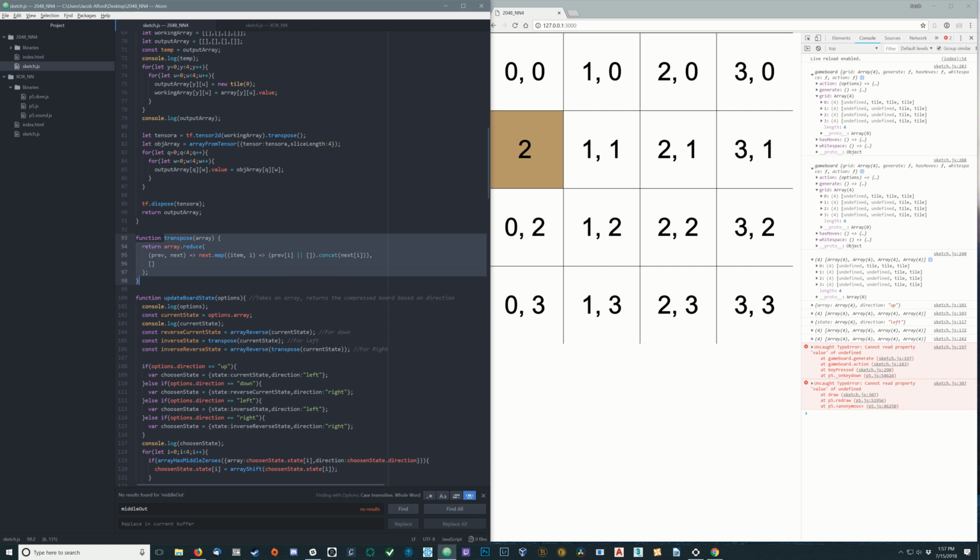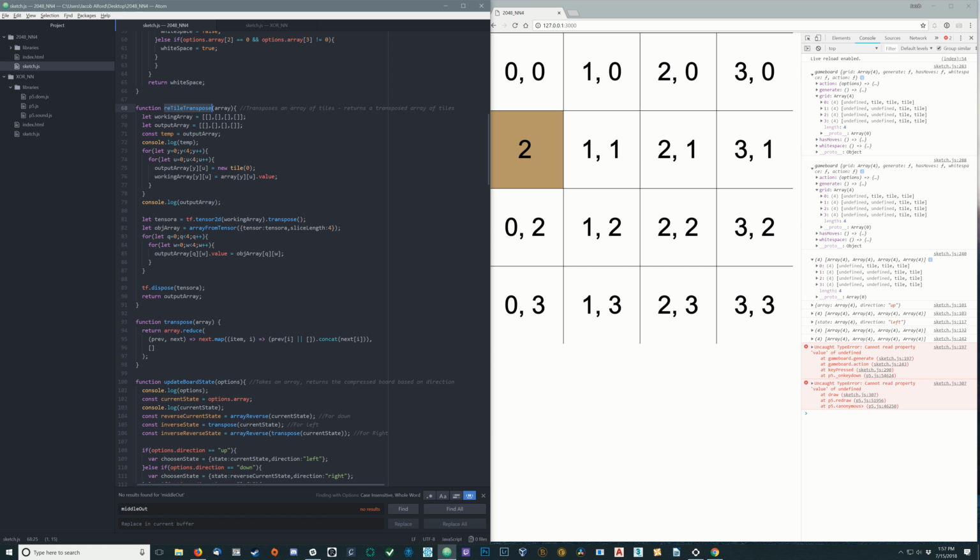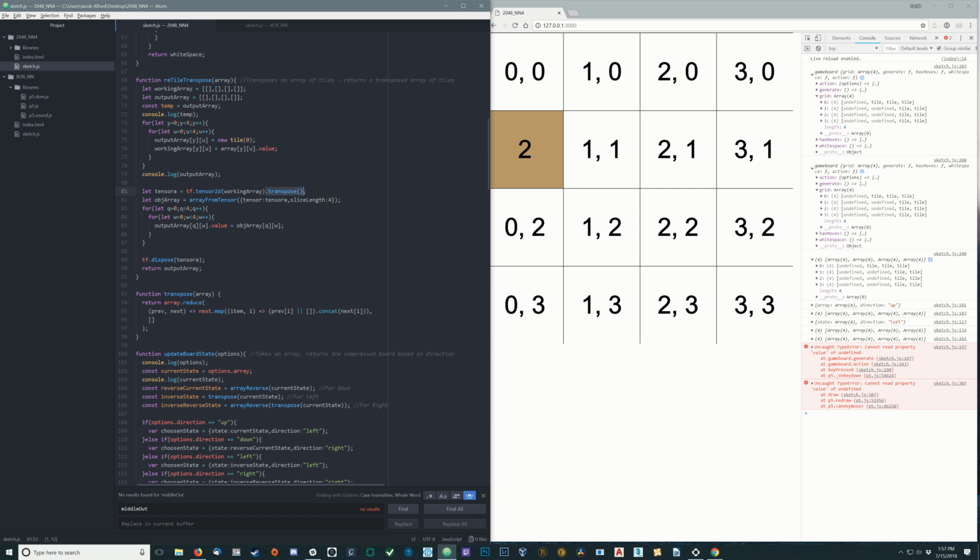Working with transpose, I wrote this convoluted retile transpose, which is I take it and I assign it to a working array, so I can turn it into a tensor, so that I can use tensor.transpose for the immutability problem that I was having. And then he suggested that I just do something simple like this, which is, I don't even understand this, but